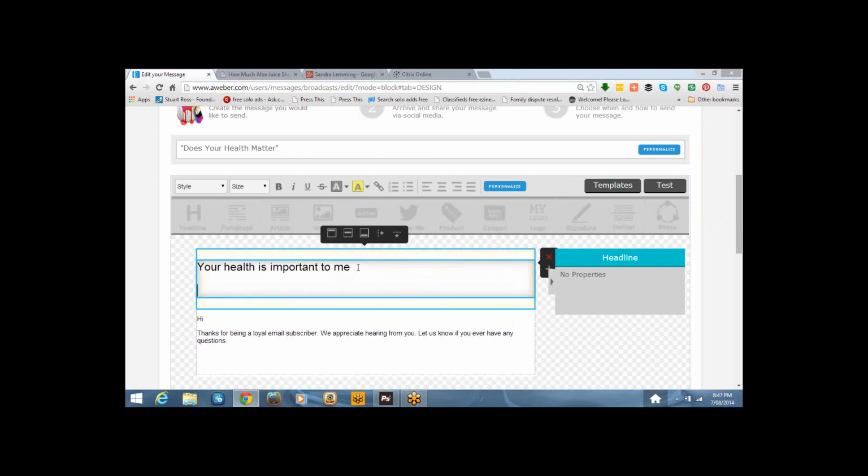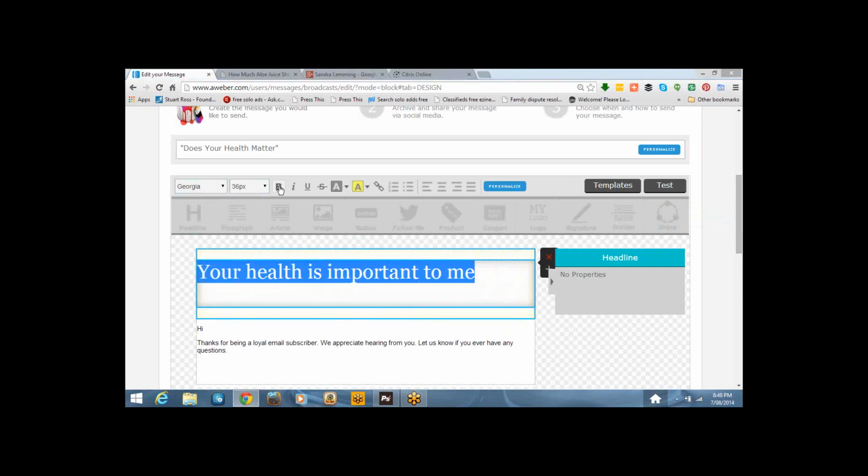Okay, and now you can do lots of things with this. You can highlight it, you can change your fonts, you can change the size, you can bold it, you can change the color.